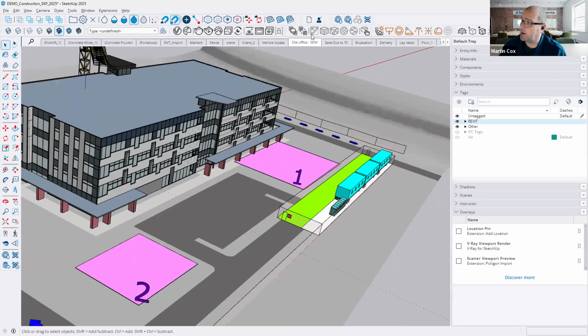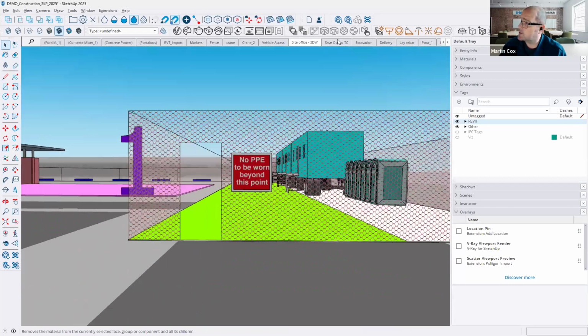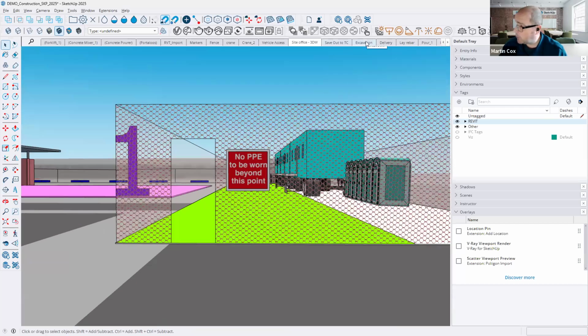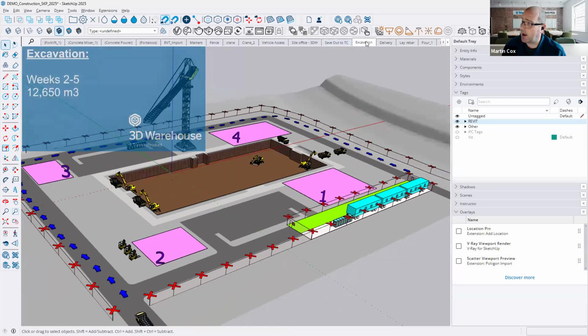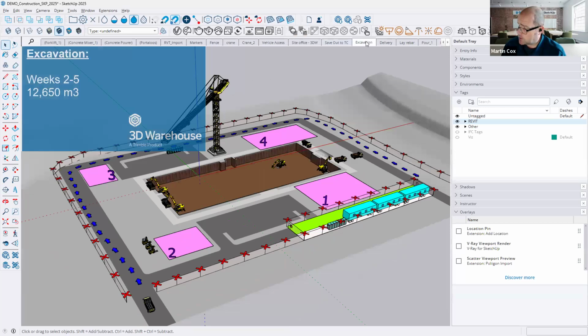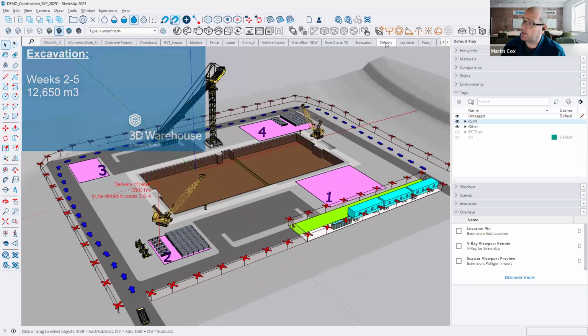This is what we were talking about earlier about how our site is going to be set up. But we can take this further. We can actually look at the excavations that are going to take place using the 3D warehouse. And we can see our site land here came from a point cloud in Scan Essentials as well. So Scan Essentials, Revit import for our building, and then using our tools here to say, okay,